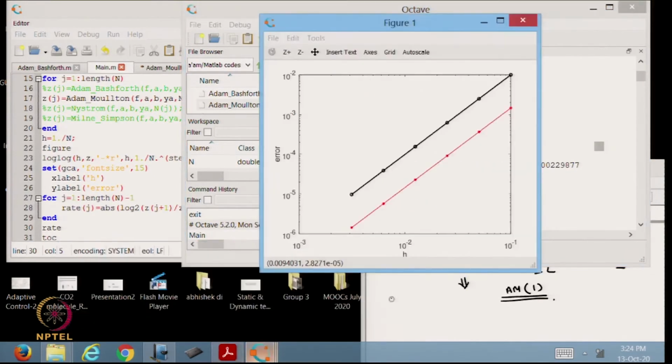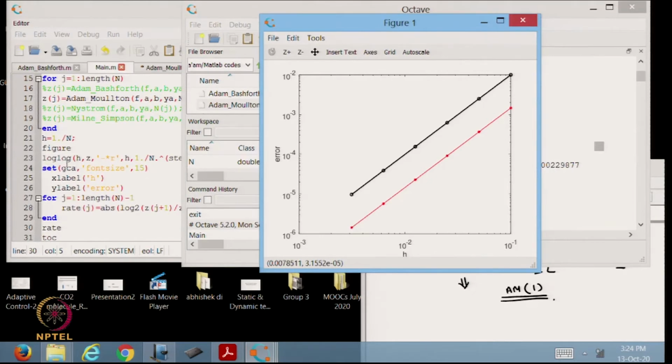So, red is the actual error, okay, and this is basically the order of h square line in case of a second order method or the order of h line in case of a first order method. Similarly, you can superimpose this line depending on the order of the method.